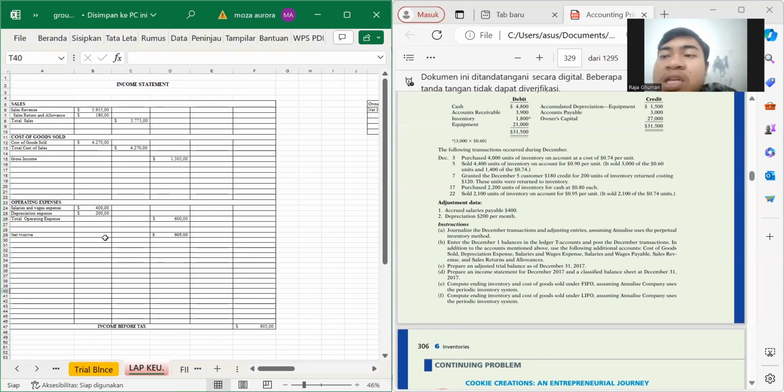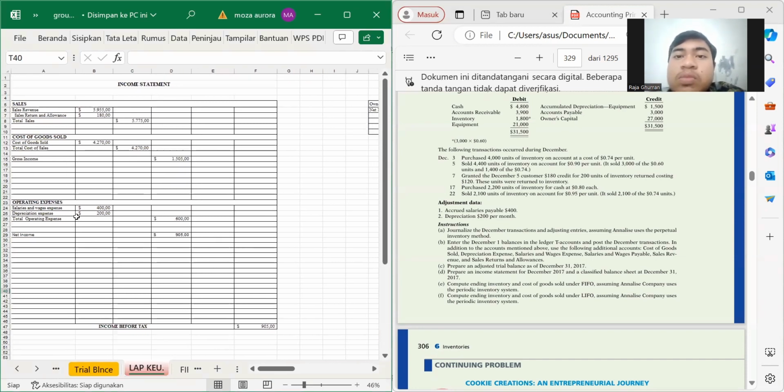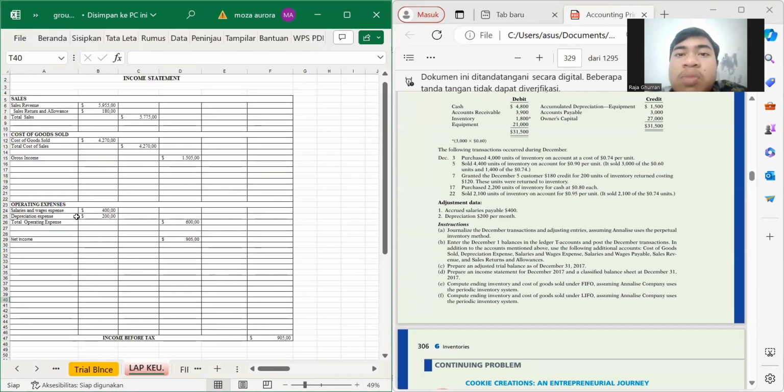And point D is prepare an income statement for December 2017 and a classified balance sheet at December 31, 2017. So we have here the analyzed company. The first is the income statement. Sales revenue, we minus sales return and allowance, and we get total sales of 5,775. And for the cost of goods sold, the total is 4,270. Then we subtract it and we get the gross income